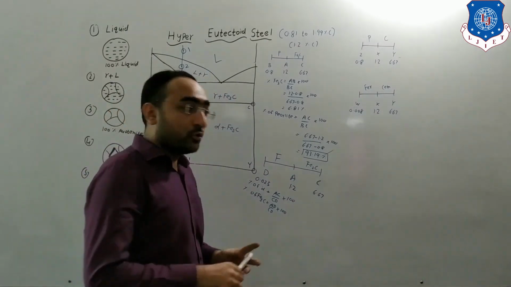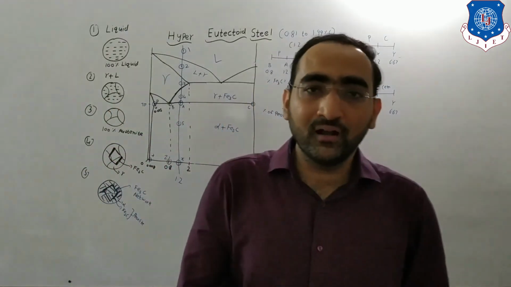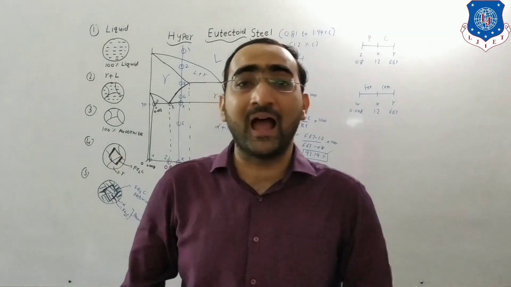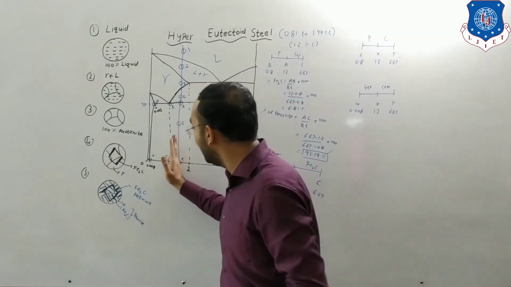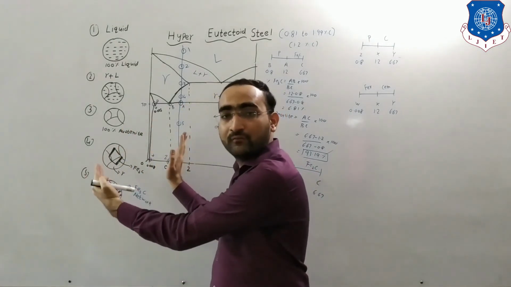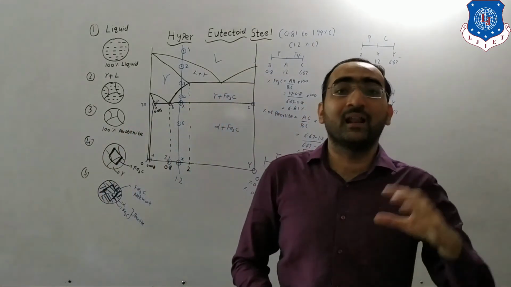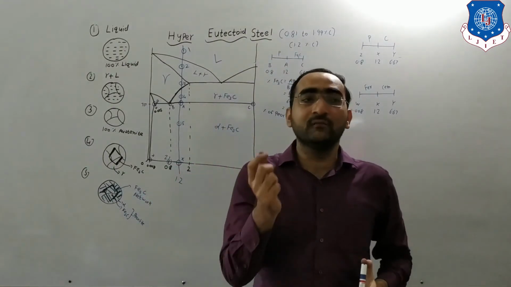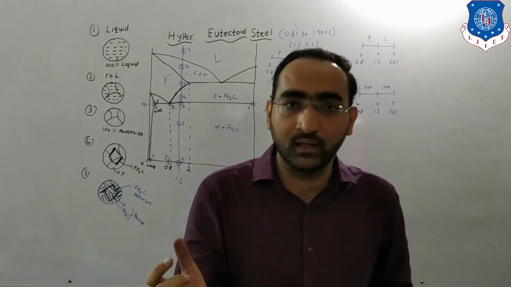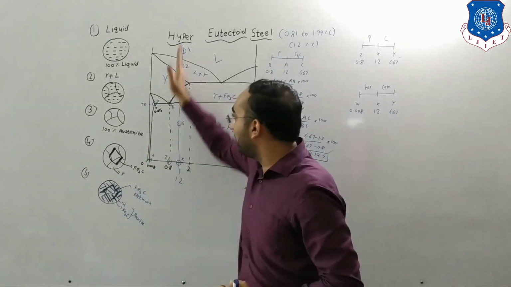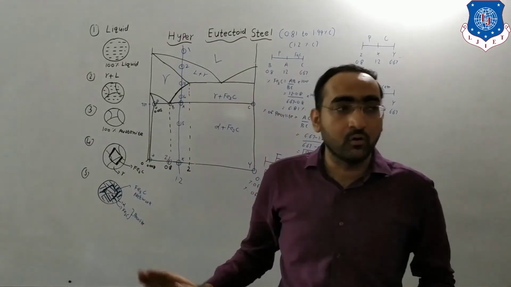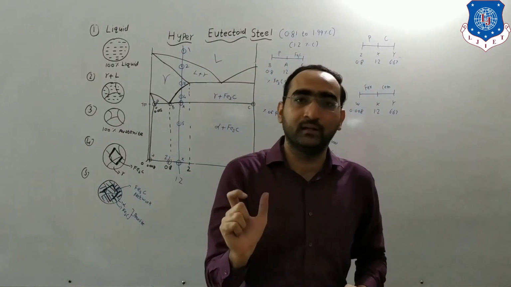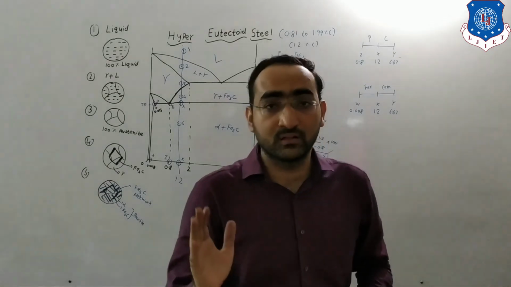So now coming to the conclusion of what we have observed while seeing all these three things. In the first case, the hypo-eutectoid steel is on the left hand side of 0.8. We can see ferrite is present with pearlite. There is a region of ferrite which is present over the pearlite. As we move towards 0.8, that is eutectoid steel, all the ferrite goes away and we get 100% pearlite.